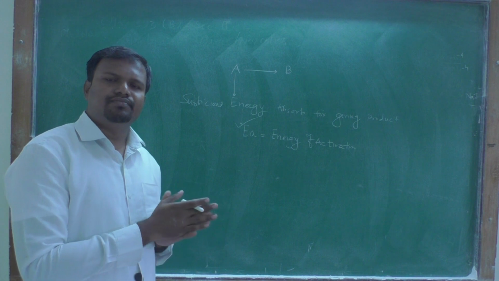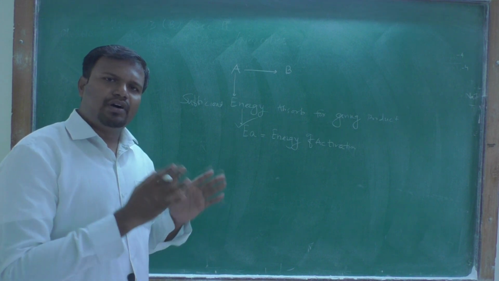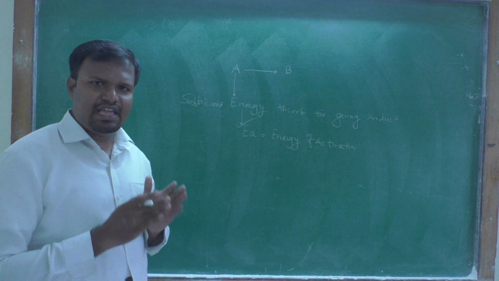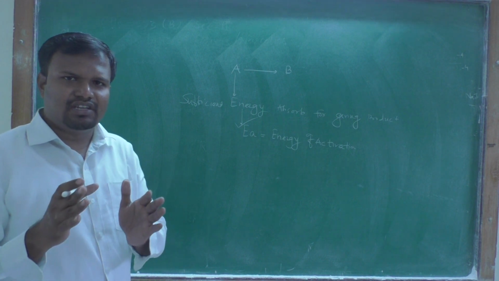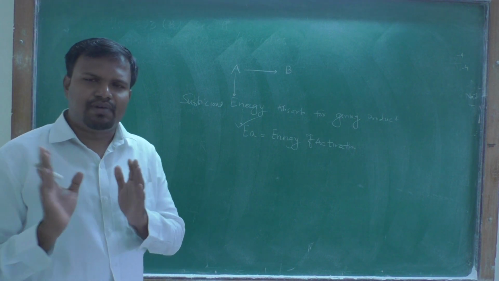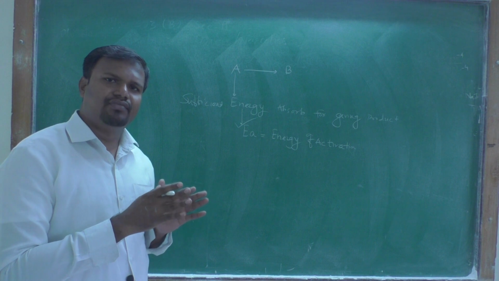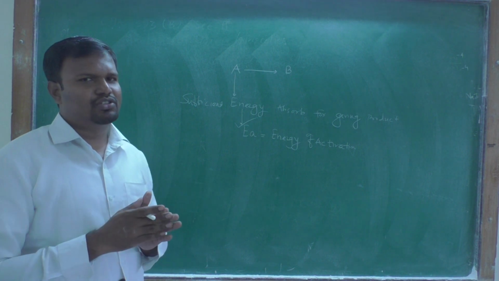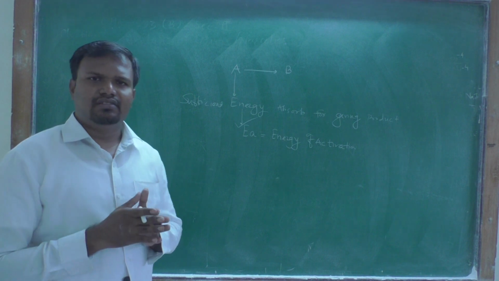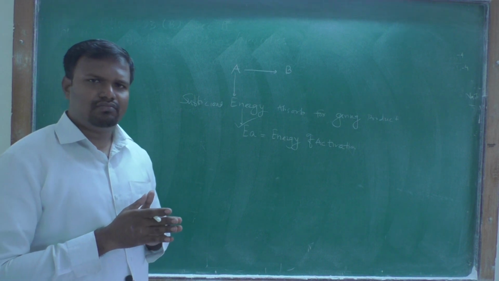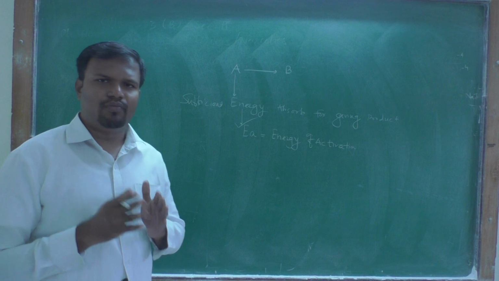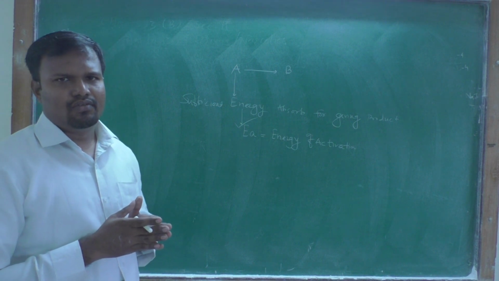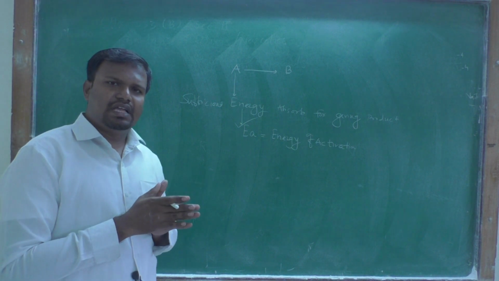Same temperature, but if the energy of activation is less, then the reaction becomes fast. And if at that same temperature the energy of activation is higher, then the reaction is slow. Okay, this relation